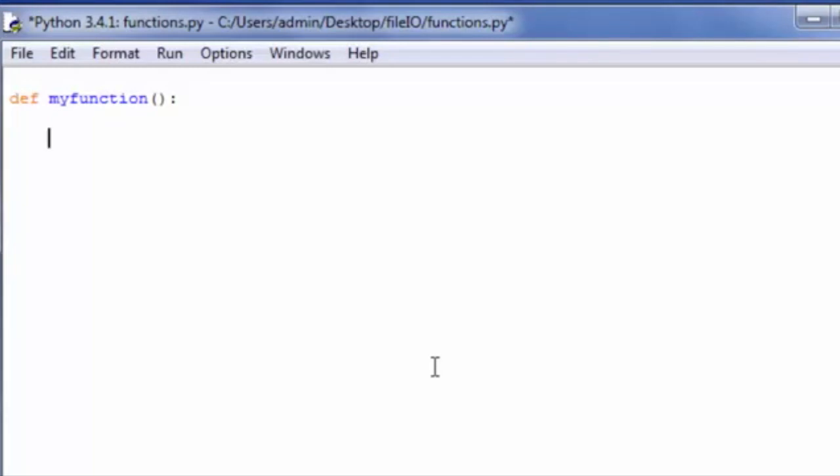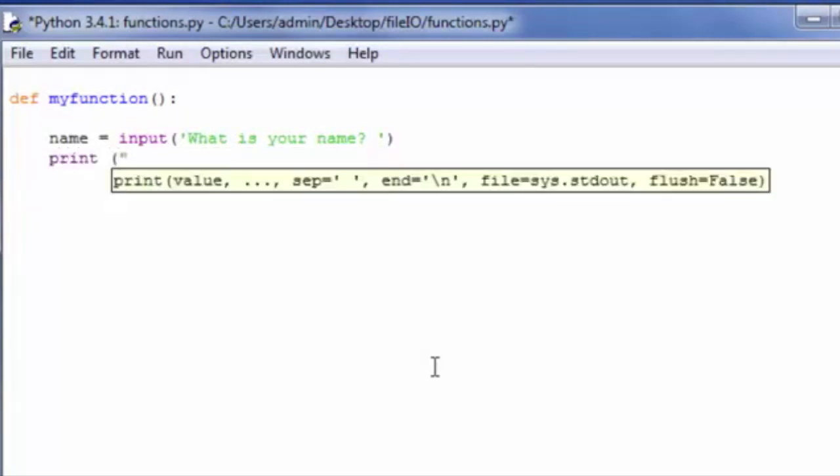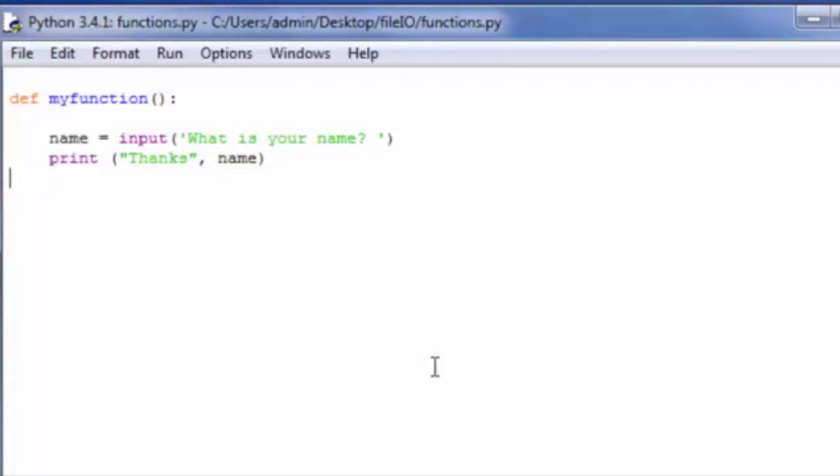Now, inside of a function, you can place any type of statement you want. In the previous video, we just had print statements, but really we could have anything we'd like inside of here. So let's write a program here, and we're going to say name is equal to input of what is your name, like that. Looks good. And then I can print out, thanks, comma, name. Okay, pretty simple program. We're using the input function to ask the user for a name, and then we're printing that name back